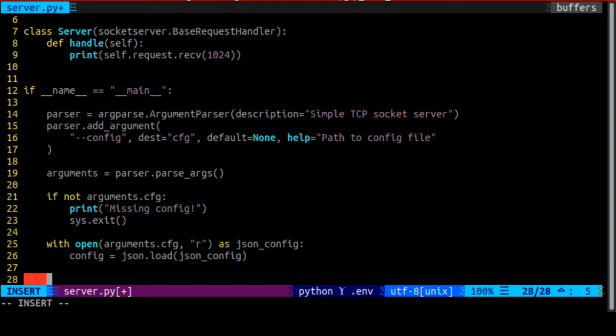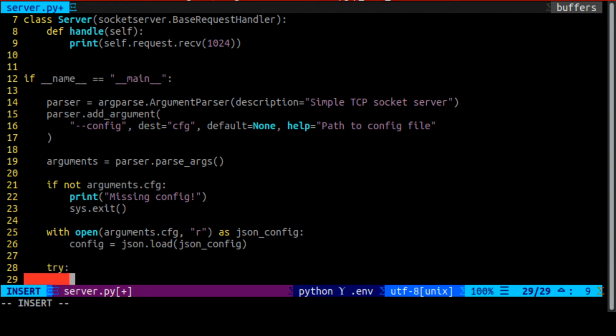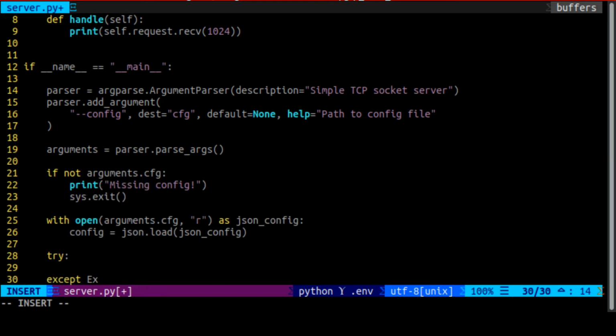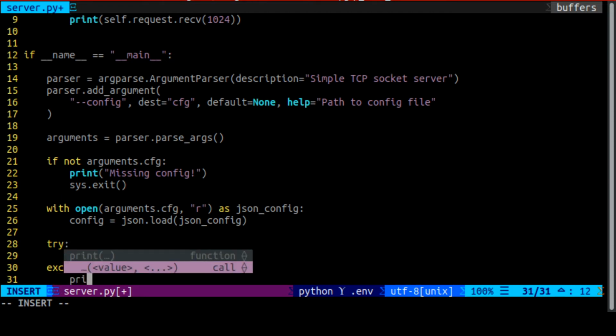So that's why I like to wrap it in a try except without a specific exception, just because it's very generic, not great practice. Anyway, for the purpose of our application, it really doesn't matter why we failed. If we failed for any reason, we should print a message, which would be